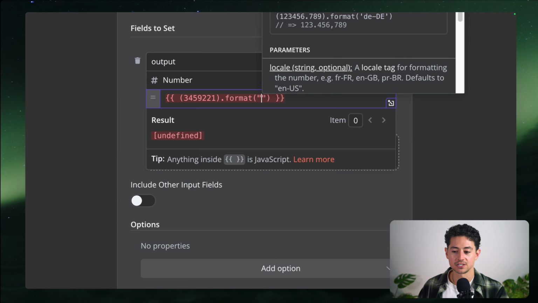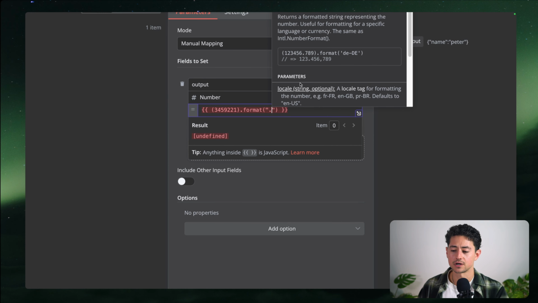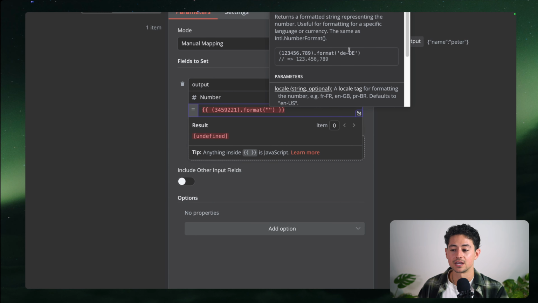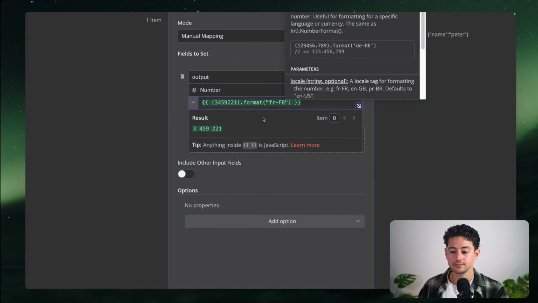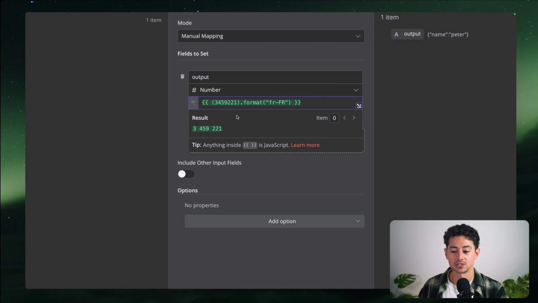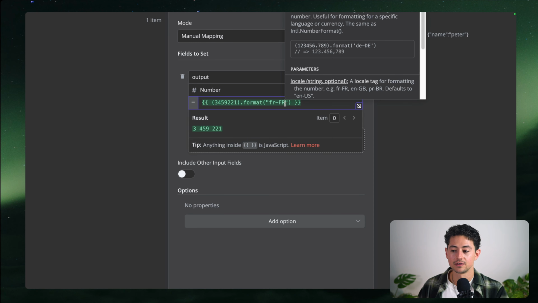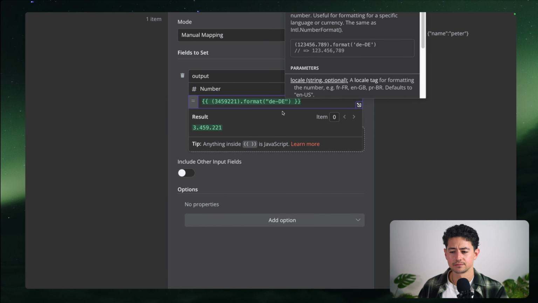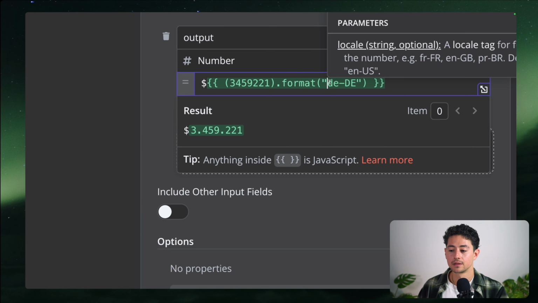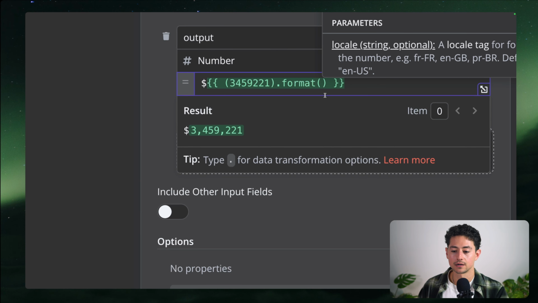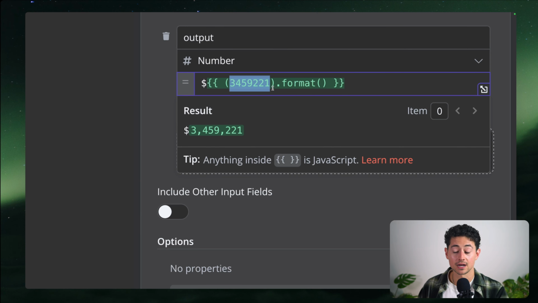But I could also change this. If I had the locale string instead, right? If instead I wanted to go French, you'll see that we've now added a space in between instead of the comma. If I wanted to go Dutch instead, I think, I may be mistaken, we now add periods, right? This can be useful when you want to drop a $ sign in front or something like that, right? If I go EN here,